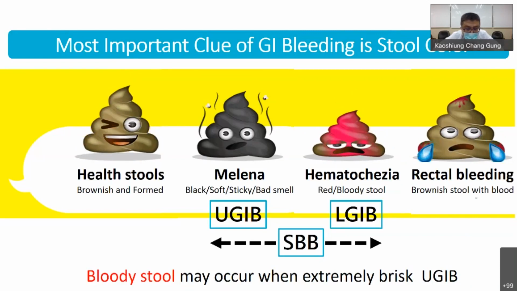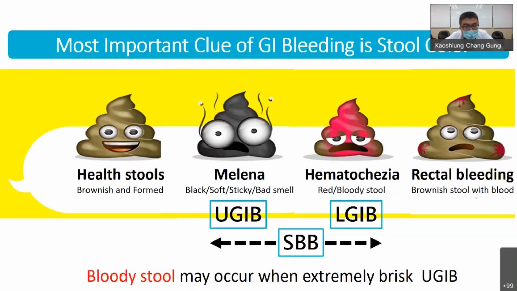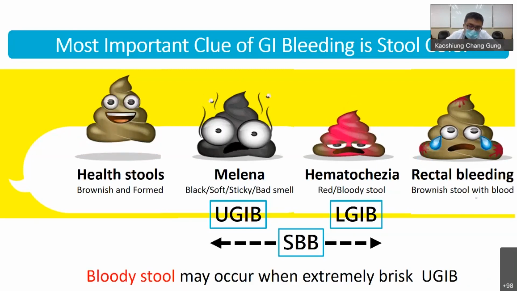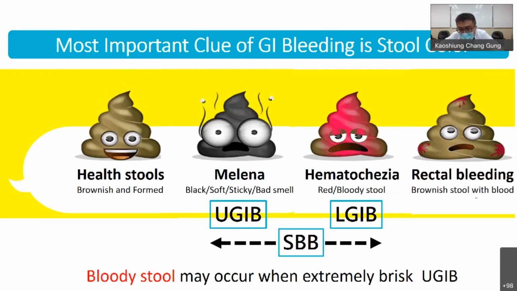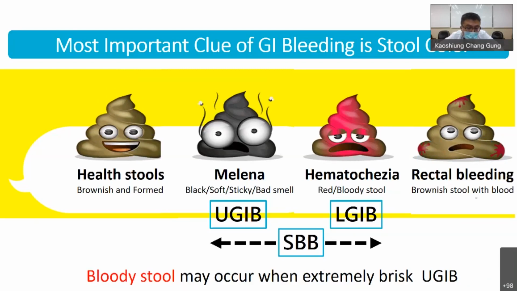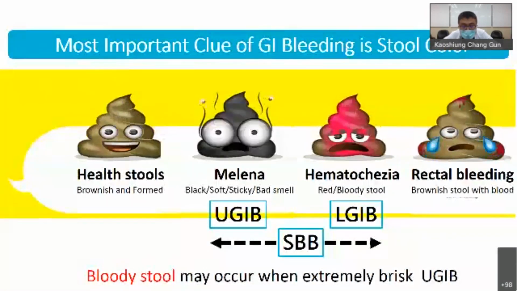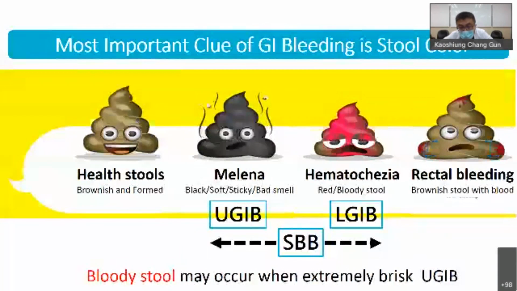How about small bowel bleeding? Maybe it varies. It has different presentations because the small bowel is the longest, about 6 meters. So if the bleeder is from the proximal part of the intestine, it may present as melena. Or if the bleeder is from the distal part of the small intestine, maybe the patient will present with bloody stool. Okay,